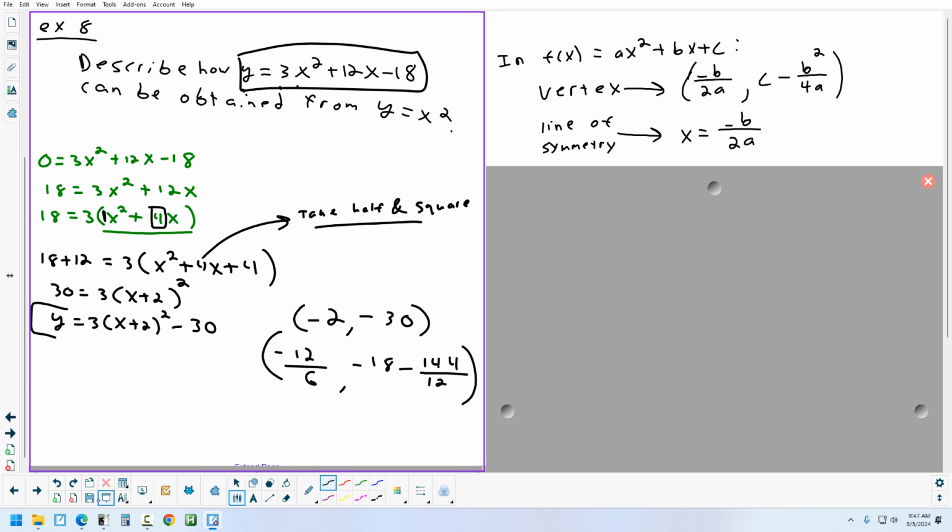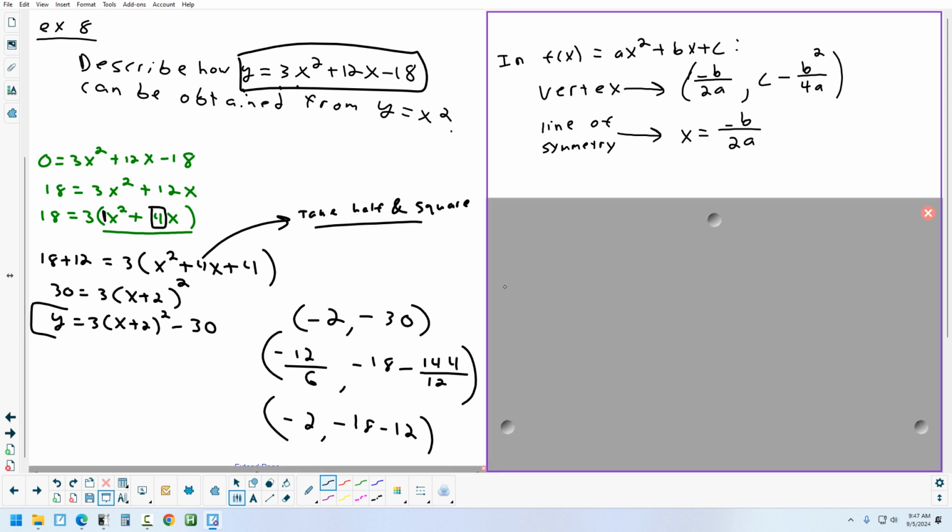Okay. What's -12 divided by 6? There's your -2. What's 144 divided by 12? I'm sorry, what's -144 divided by 12? Okay. -12. And what's -18 minus 12? -30. So you can get the vertex